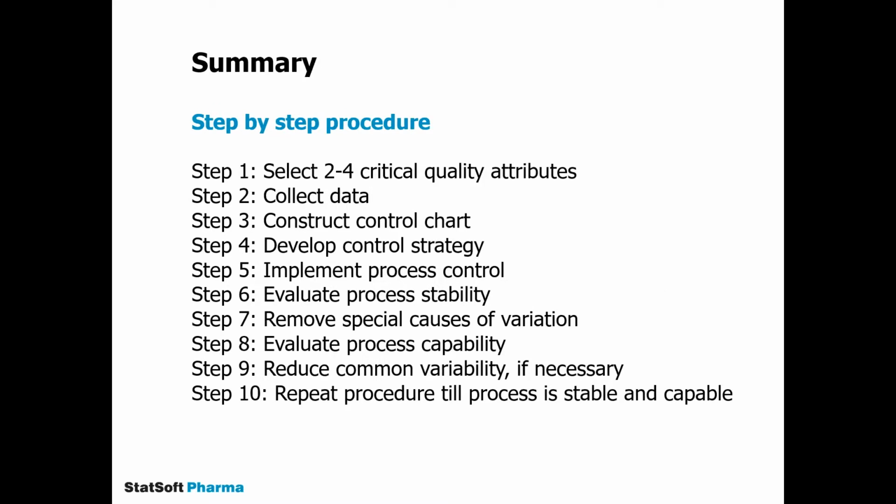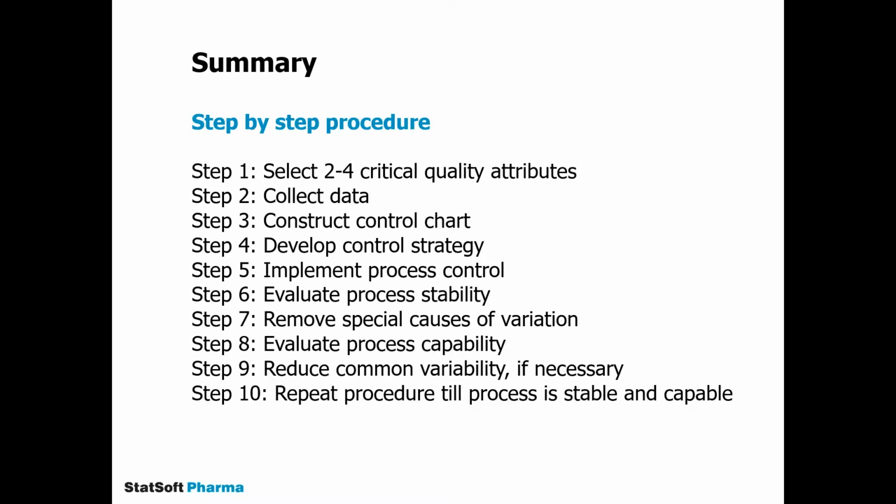Okay, so to sum up the step-by-step webinar. Step 1, select critical quality attributes, preferably 2 to 4 that are related to safety and efficacy of the product. Step number 2, collect data for selected critical quality attributes for an extended period of time, preferably 20-30 batches, to establish a baseline reference period. Step number 3, construct control charts for collected data and determine control limits for the future